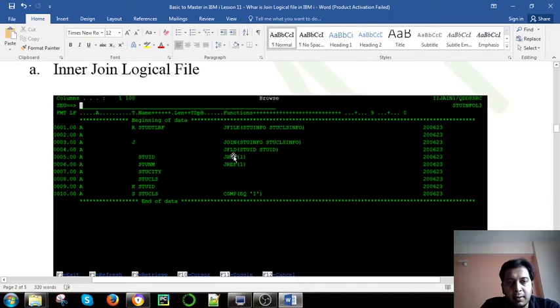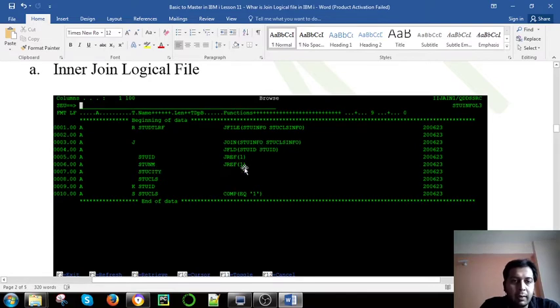The difference is that, for example, student ID and student name exist in both files, student information and student class information, but we are taking these two fields from the first file. So one is for the student ID, and here we can declare two also, which is for the student class information, but these two fields are coming from the student information.